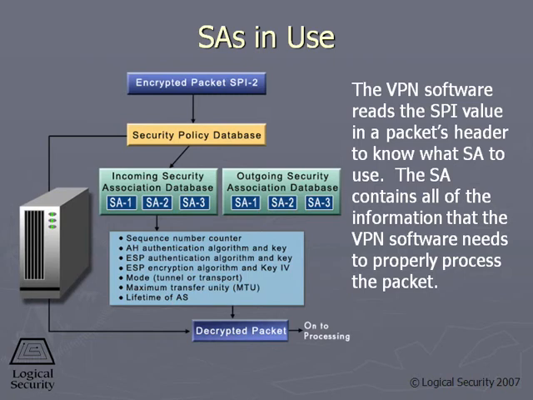So in the header of the data that comes over, there's an SPI value. Then your VPN device will look at this SPI value and say, okay, this SPI value maps to this security association. So it goes and looks up that security association, which has all of the instructions on how to process